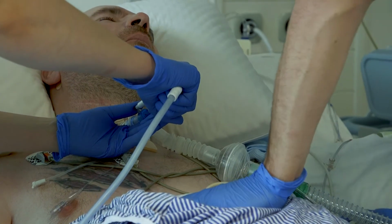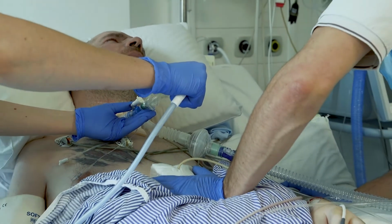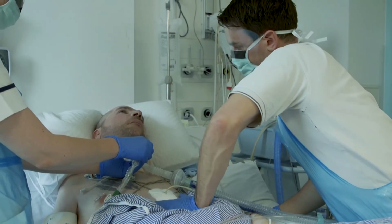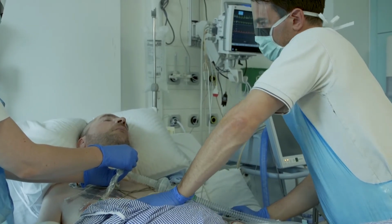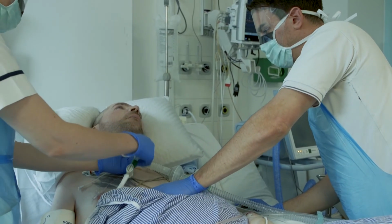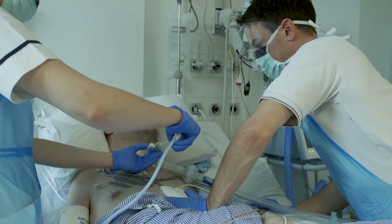For this patient, the manually assisted cough is modified due to the positioning of a RIG, or radiologically inserted gastrostomy. Therefore, their positioning of the hands has been moved in preparation for this. There are a number of ways the manually assisted cough can be produced, including a forearm across the abdomen or 2 hands in the middle of the abdomen, with the aim of scooping up underneath the diaphragm as the patient